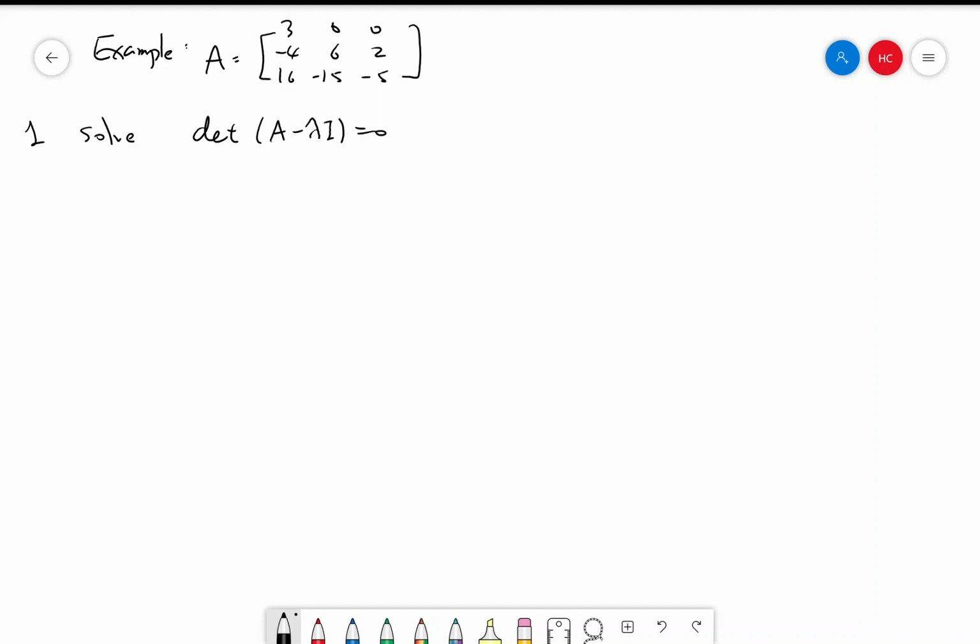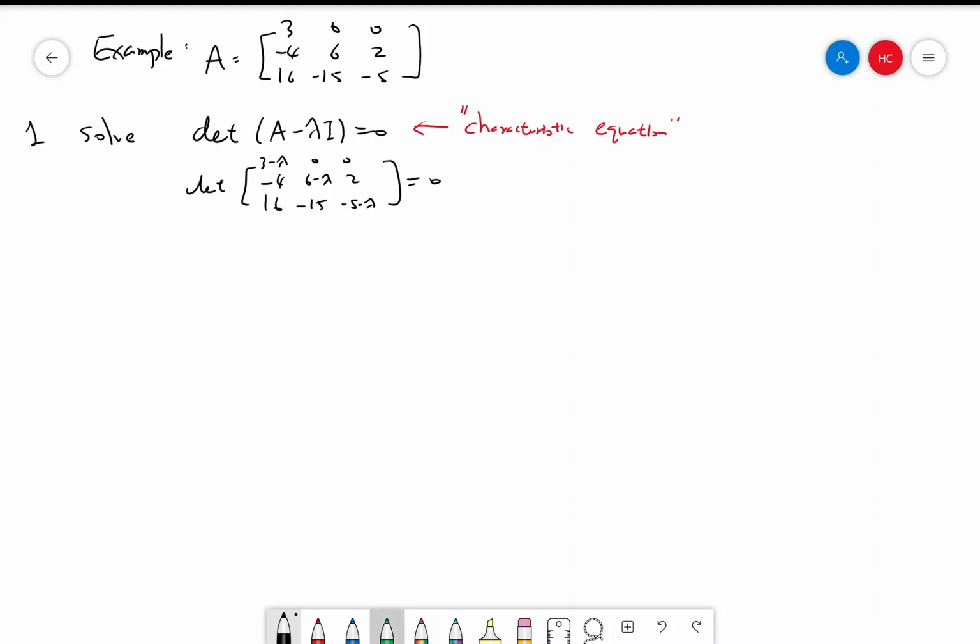I forgot to mention in the previous videos, this equation is called the characteristic equation. Notice that the characteristic equation is used in chapter 5 as well for differential equations. Alright, so A minus lambda I is equal to 3 minus lambda, 0, 0, negative 4, 6 minus lambda, 2, 16, negative 15, negative 5 minus lambda,